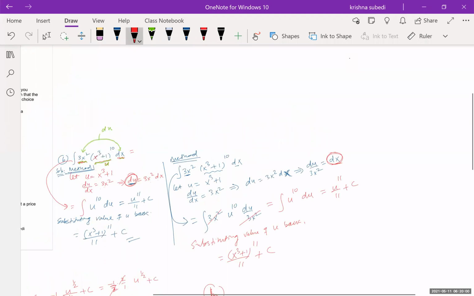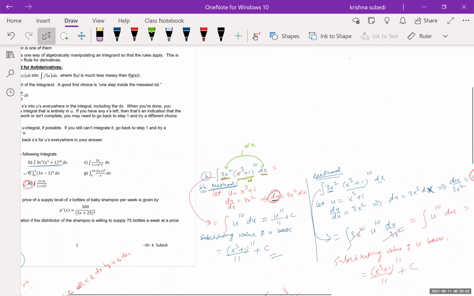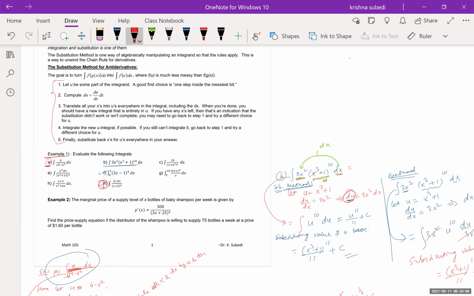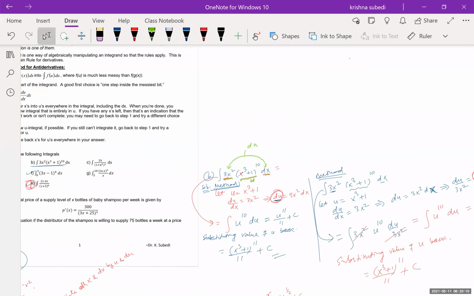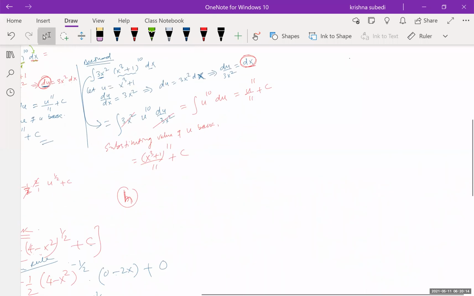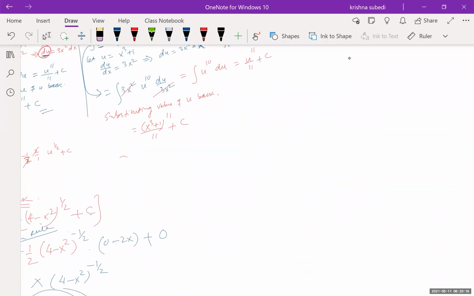H, or what is this? Which one did I say? Oh, this is I. Sorry, guys. This is F, G, H, I. This should be I. So let's work on I. 2x integration